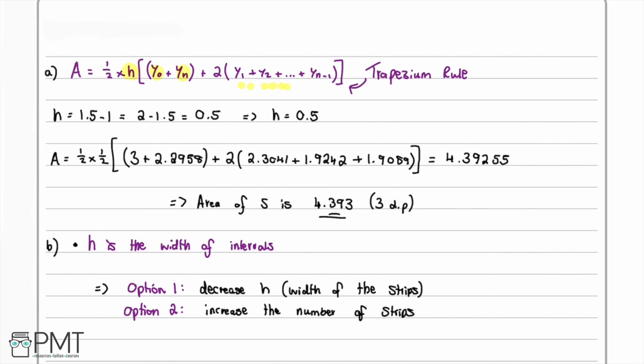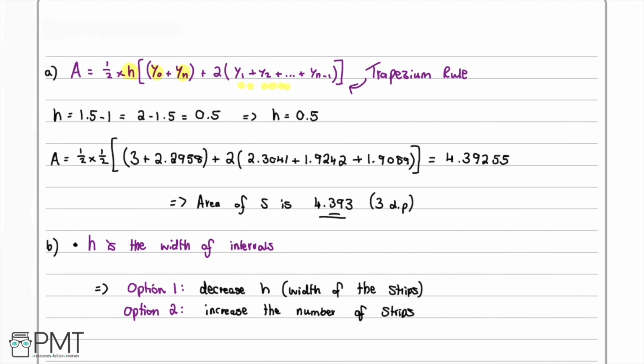So this was finding the width of our trapeziums. Our second mark was having the correct form for the trapezium rule. So this means having the equation written out as we have here in the first line. And then the third mark on offer was given for substituting all these values into the right equation and concluding that the area of S using the trapezium rule is